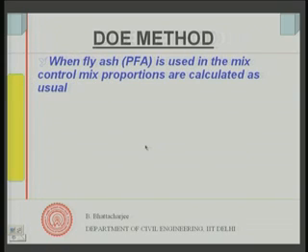So, this is the procedure meant for the DOE method, but we will look into how we take care of the fly ash, but let us just discuss a little bit. What we have seen in this process, stepwise, first step of course the target mean strength, followed by water cement ratio from curves which are actually a better representation of Abraham's law, strength as a function of water cement ratio, all other things remaining constant, and they can be fitted easily to equations also, taking f 0.5, that is the strength at 0.5 water cement ratio, as an input parameter.